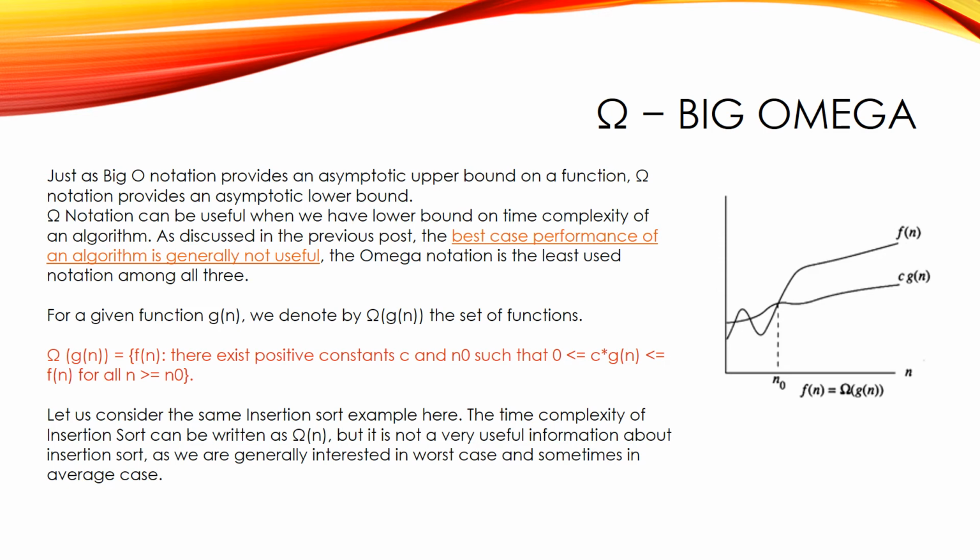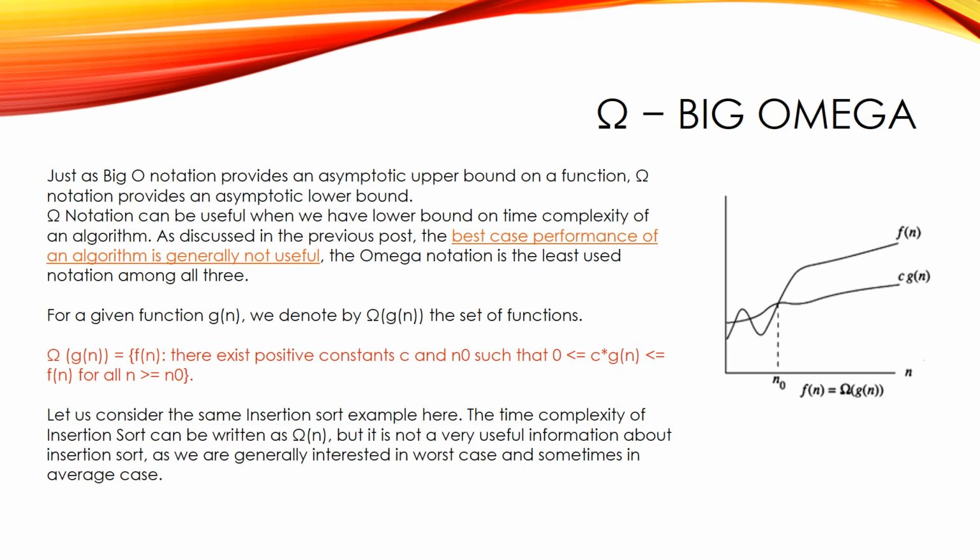Let's look at the graph. We have n across the x-axis and t across the y-axis. Here n is input values, t is time and c is constant. Let's say to solve any problem, time taken or the function is Fn. Now Fn is written in order of Gn. Fn is equal to omega of Gn, or Fn is greater than equal to C dot Gn.